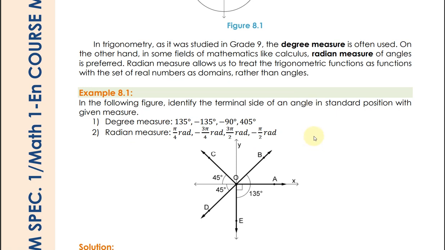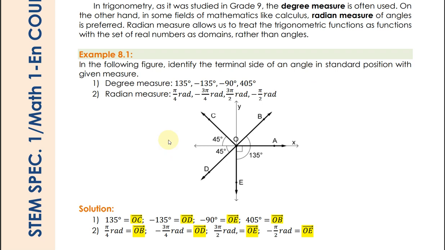In the following figure, identify the terminal side of an angle in standard position with the given measure. We have this illustration that is in standard position since it is located at the origin, and its initial side is located on the positive side of your x-axis. So we are going to identify the terminal side with the given degree measure and radian measure. So for number 1, we have